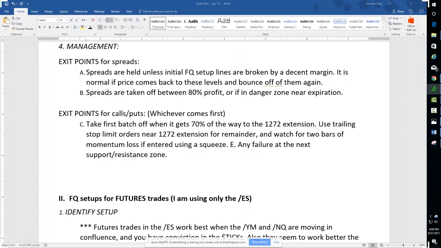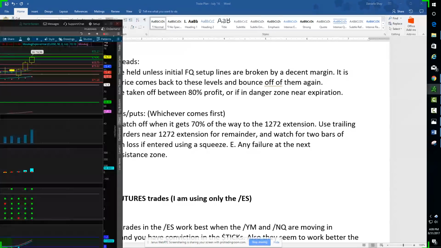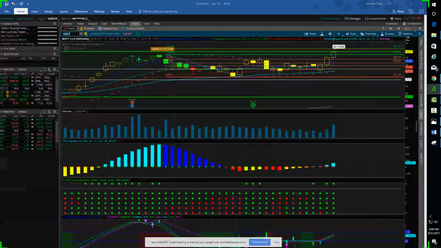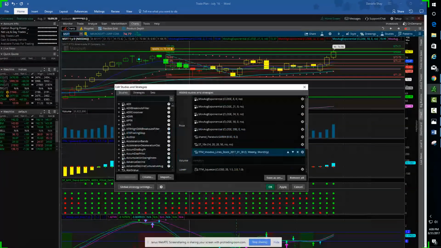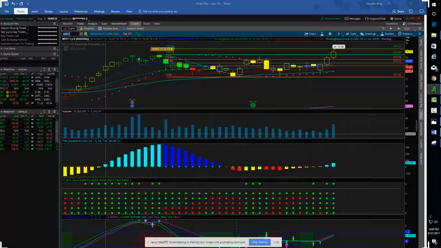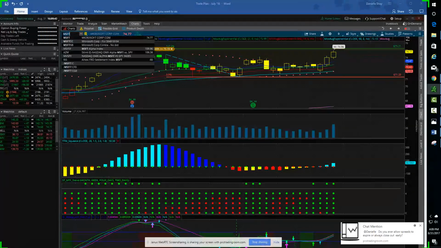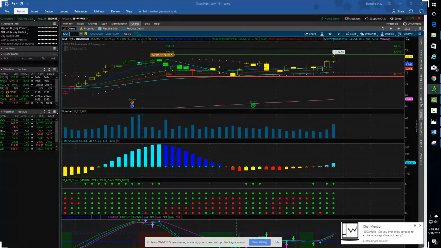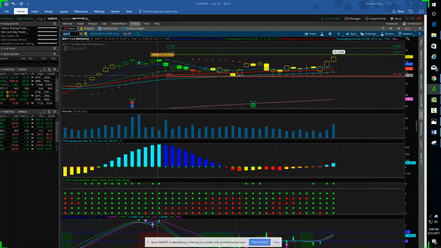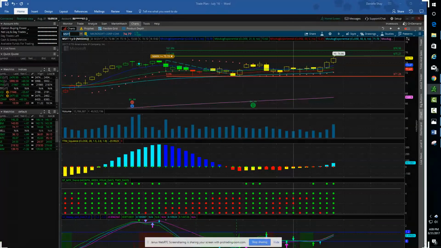Okay, I had this Microsoft trade on today. This is really a perfect example of how I like to do it. It's kind of a lot of lines on here with the voodoo lines. Let me just take that off really quick, it makes it hard to see. Okay, and then I can take off these fib lines too. All right, so for example, on this Microsoft trade, this one still could have more to go.